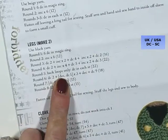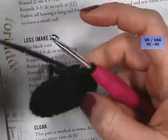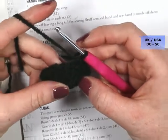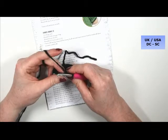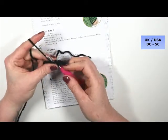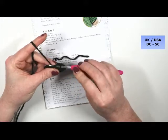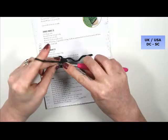Round 5 tells us back loops only, double crochet into each stitch. So for this round we're going to single crochet into the back loops only. So remember earlier we did the back loops of the body, we're going to do the same thing again. So only picking up the back loops, we're going to do 22 single crochets, 1, 2,